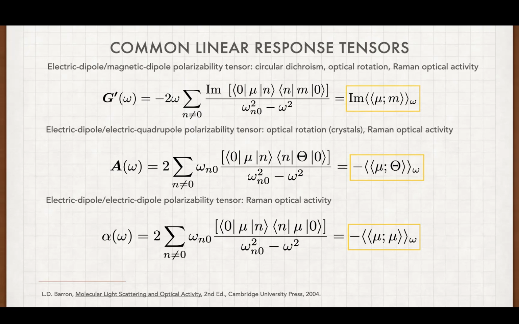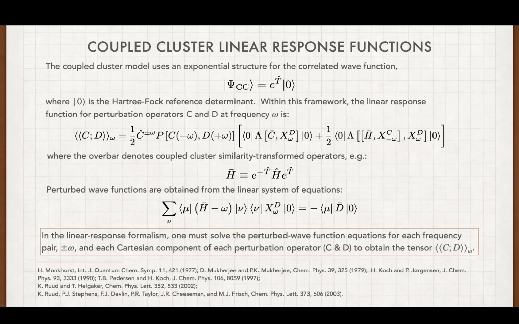And that leads to coupled cluster linear response functions, which are key to this. We have a general code for dealing with these linear response functions in which you can plug in whatever types of operators you want. In the case of the optical activity tensor, electric and magnetic dipoles, for example. And the key step to this really is that instead of a large-scale diagonalization problem, you have to solve systems of linear equations for each of the external field operators that you need. And that's a much simpler task computationally. It's not trivial, but it's certainly much simpler than having to calculate all of the eigenvectors of a very large Hamiltonian matrix.